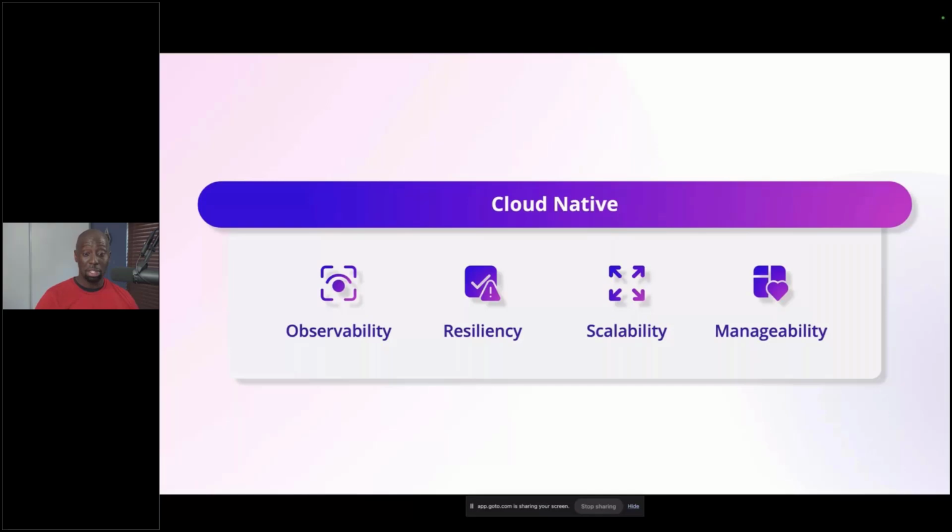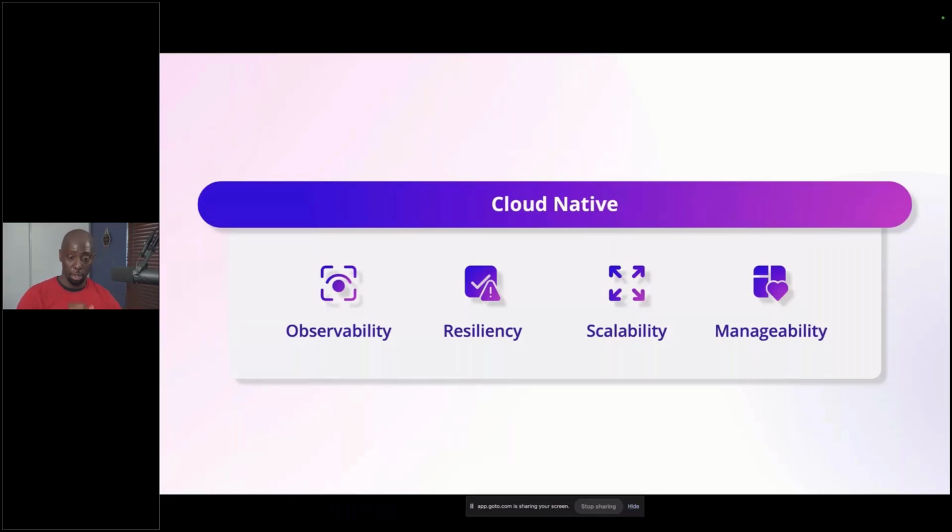Being able to be resilient, right? In this cloud native world, you might have a service that has multiple instances. What happens if one of them goes down? How do I know what the new IP address is? How do I find it? How do I get there? How do I know if it's up and it's ready? How do I know if it's healthy? How do I know if it's overburdened with work and I should choose a new instance, right? How am I able to scale? How am I able to manage all these different things, right? These are just some of the things that we think about, again, when we're inside of that mindset of building